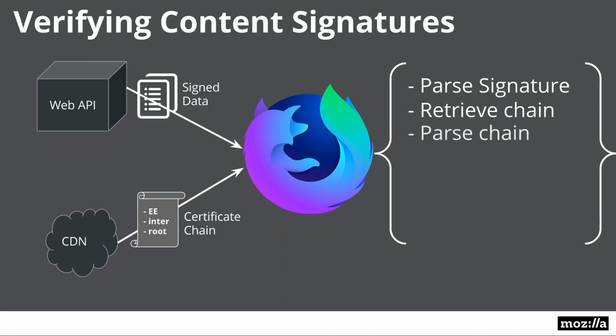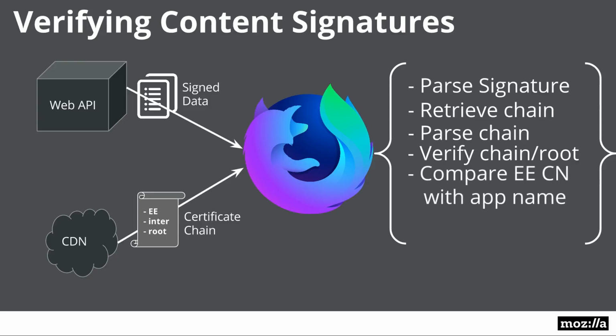It will then parse that chain and verify that the end entity was signed by the intermediate that was signed by the root. And then it will compare the common name of the end entity with the application name it expects. And that's similar to how TLS verifies that the certificate you're getting matches the website name that you're connected to. So for example, if you're retrieving a certificate blacklist, Firefox will expect a certificate that's named